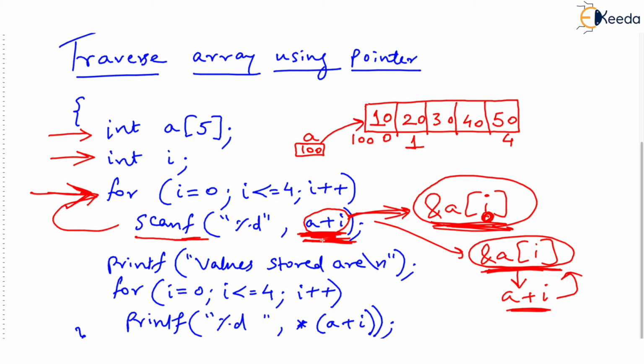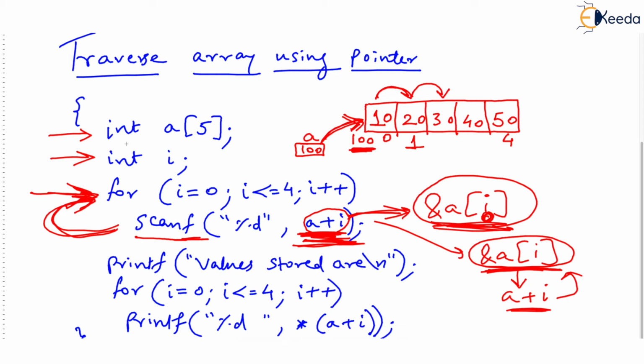So what we did as a programmer, instead of writing &A[I], we directly wrote A plus I, which also works. But in this entire story of the for loop, one thing you have to understand is that we are not moving this pointer A at all. We are just saying, give me A plus I. So A plus I the first time will be A plus 0. A plus 0 is simply A, that is 100. Please try to understand. Next time A plus I will be A plus 1, which gives us the address of the next integer. Next time it will be A plus 2. It will give us the address of the second integer stored from the base address, and this goes on.